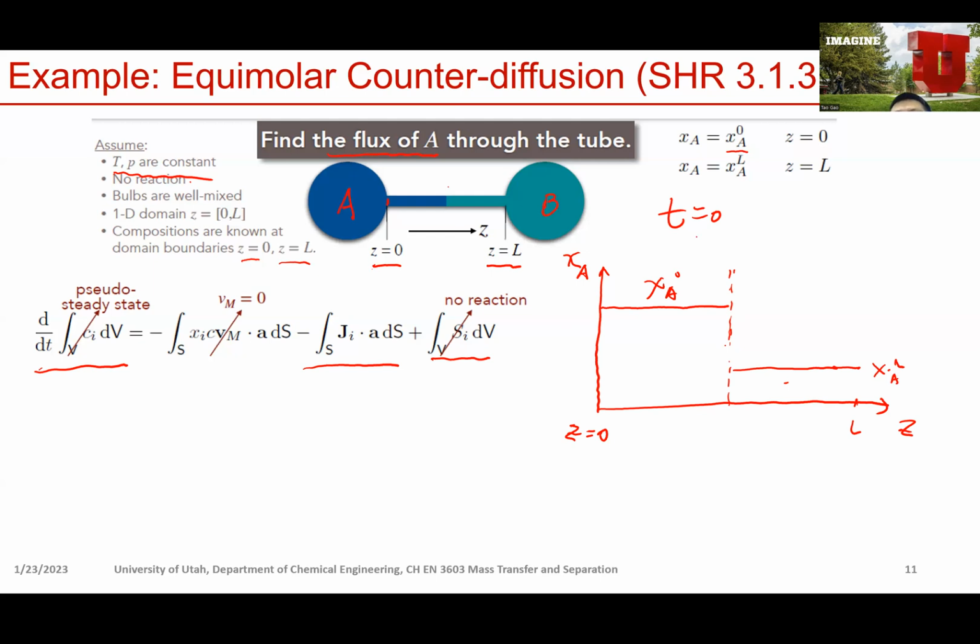Now, at t equals 0, we remove the wall. Now there's a huge concentration gradient across. And we can basically expect species A will move from left to right. That will create some flux just to bring the species A from left to right, right? So what we can expect is we're gonna experience some kind of concentration profile evolution over time,